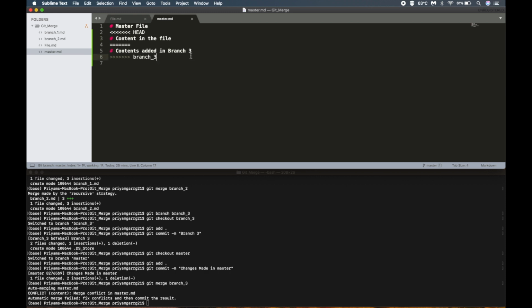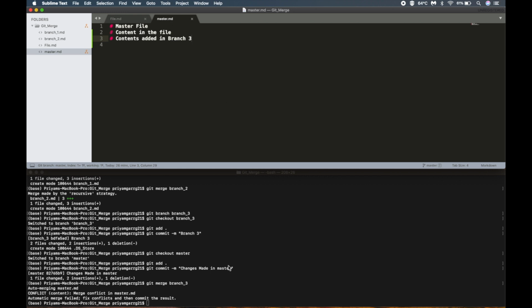To resolve this conflict, let us say we talk to that person and ask him what he wants to develop in the master. He will tell us that we need this line in the code, and we will say okay, and then we will try to resolve the conflict. So how do we resolve the conflict? We will just remove this line as we don't need this. These are the changes made in the master branch, and then remove. These are the changes made in branch 3, and remove this. So this is how we will resolve a conflict, by removing these and, after understanding what we need in the final file, putting it there.